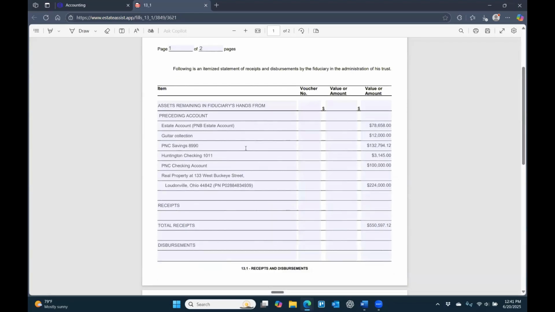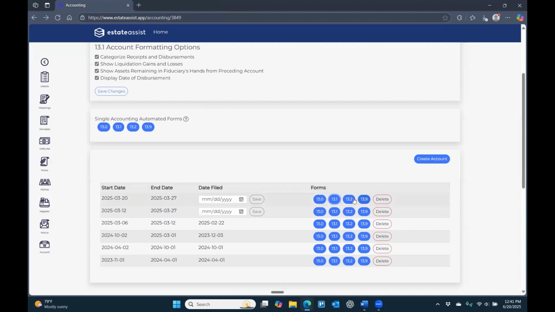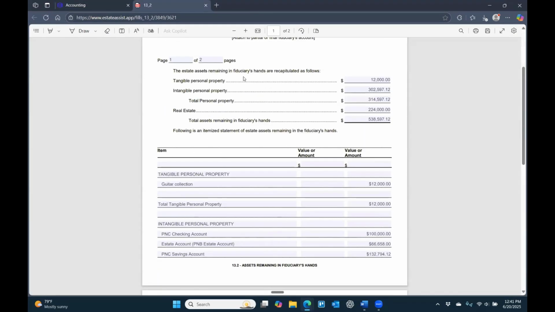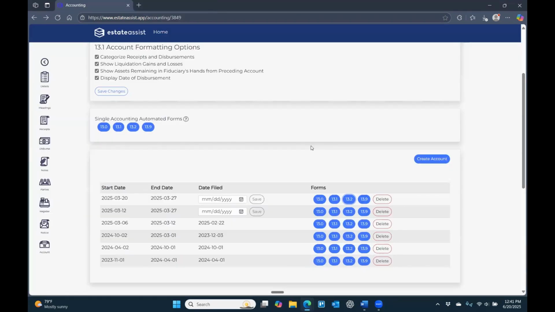13.1, same thing. Everything's going to lay out, automatically entered. We have options for how we like to show gains and losses and things like that. Our 13.2 is automatically going to show what we still have in hand, if you keep your assets and disbursements updated. If you enter them, if you mark their liquidations, if you enter what's being paid out, EstateAssist is going to do all the work for you, and you are going to have virtually single click and print pleadings, including your